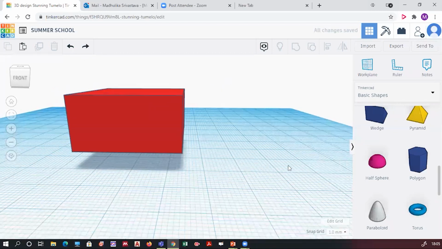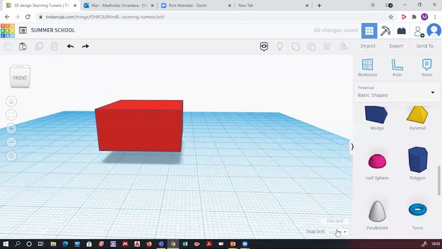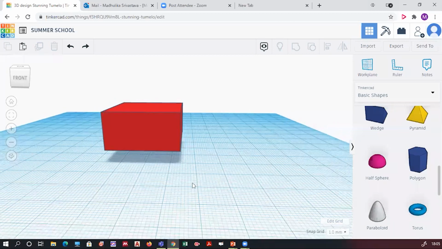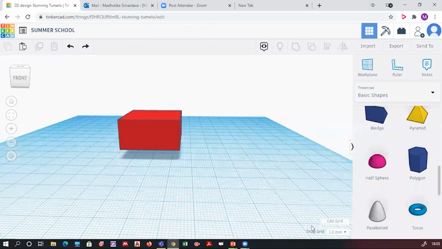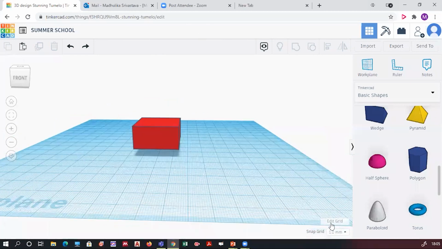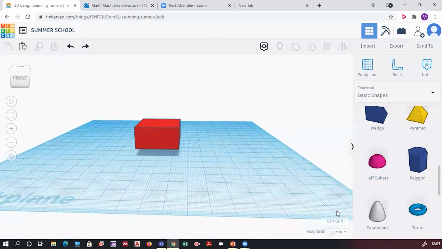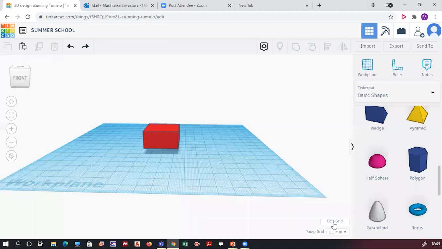Now one thing more, coming to the measurements. Just first let's see the work. Yes, one question came regarding the size of the workspace. Now on this screen at the lower side, you will see this edit grid option. Just click on that.